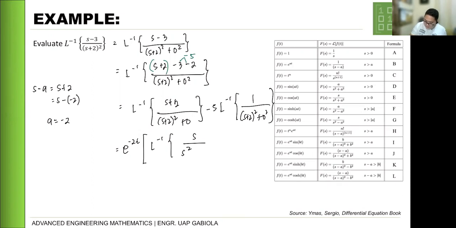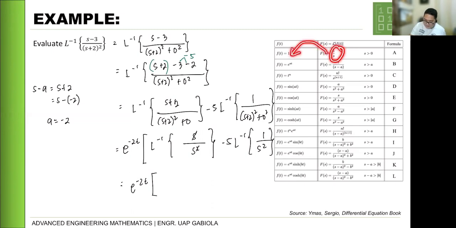Kasi wala naman yung 0, no? Para hindi tayo malito. S squared is negative 5. L negative 1. 1 over S squared. Okay? And then dito, mag-cancel out lang yung isang S. So, 1 over S na lang siya. So, it means na ang 1 over S natin equal siya sa 1. Okay? So this will be 1 minus 5 times yung 1 over S squared natin, equal yan dito sa t